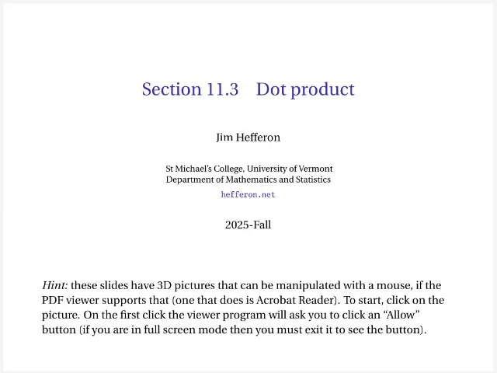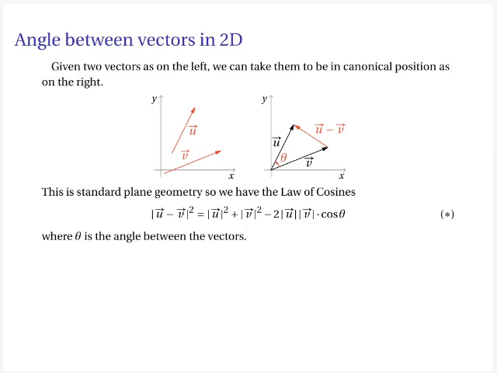So let's see here. The angle between two vectors in 2D, we are given two vectors on the left. There's a u and a v, and you can, of course, put them in whatever position you like. So I'm choosing to put them in canonical position. That is, I'm choosing to have them start at the origin. And then there's an angle between them, theta there. So this is regular plane geometry. I'm in the plane, so I can apply all the laws that a person learns in high school plane geometry,